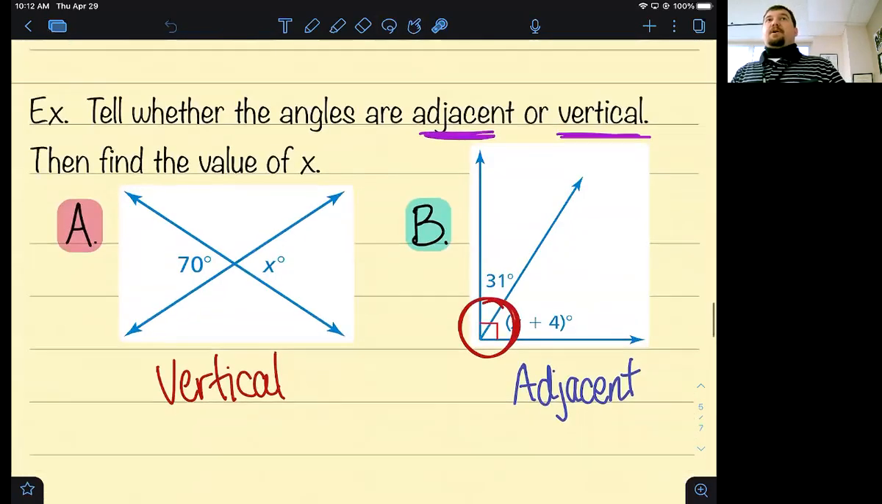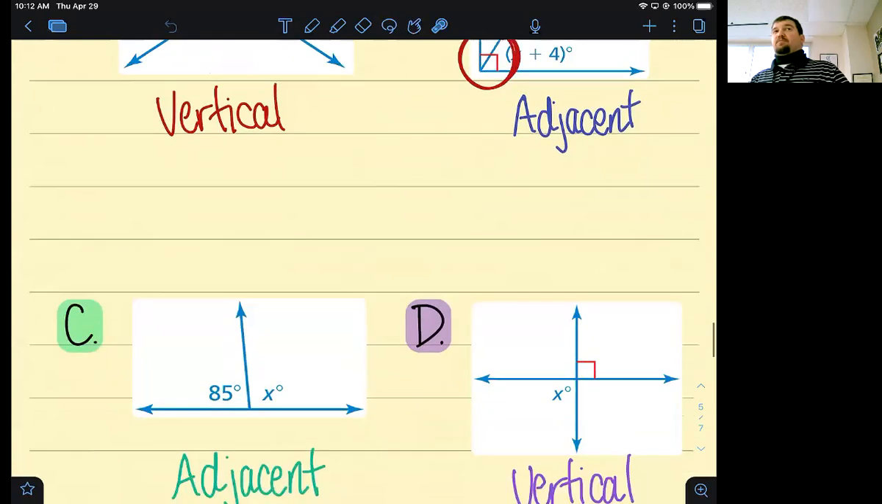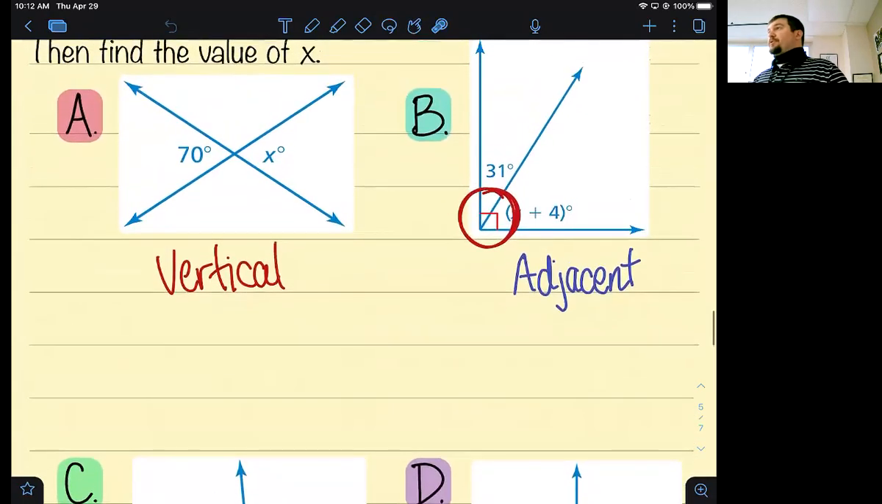All right, so this is where we left off in the notes yesterday. You told me what kind of angles these were, but we never actually found out what X was. And so that's what we're going to do today. It's not going to take us very long, and then we can start our homework tonight. Okay, so for example A,